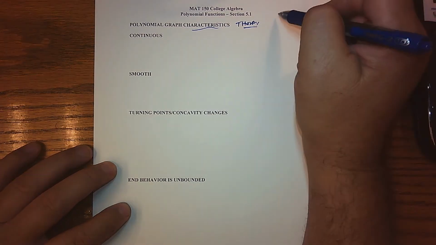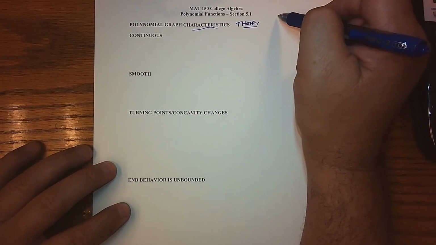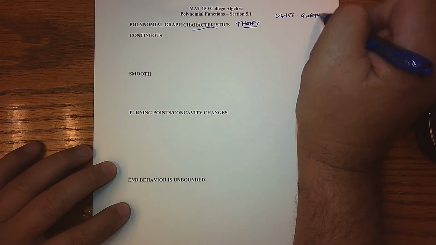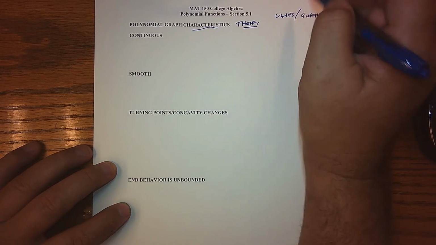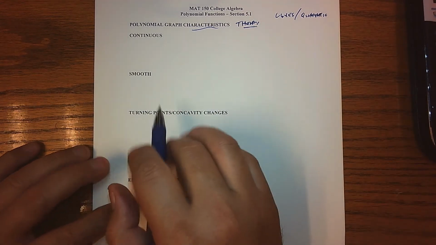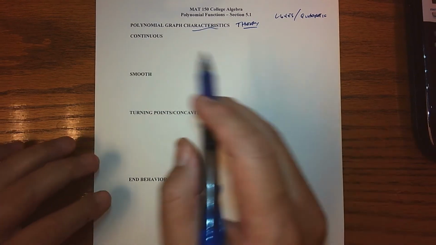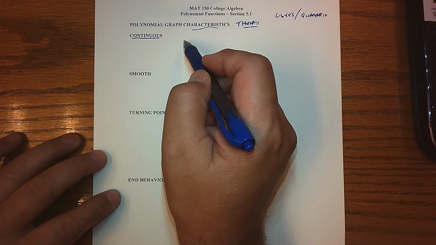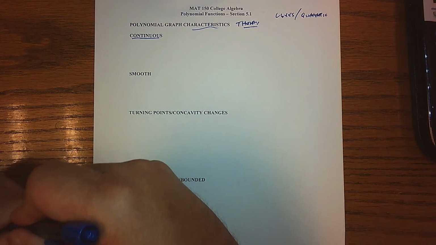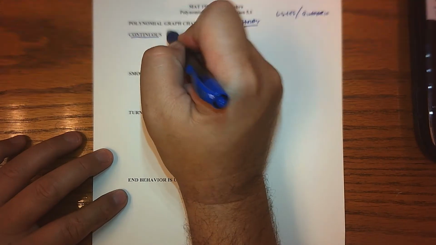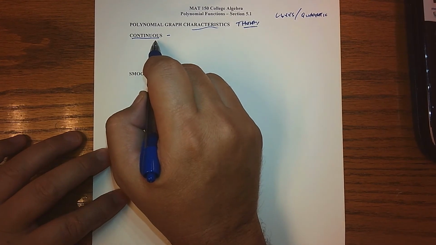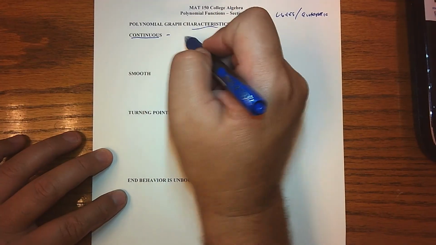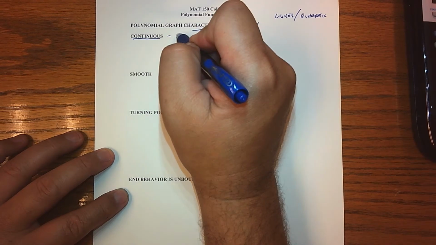And what I'm going to do is really rely heavily on what we know about lines and quadratics. Because if we can just remember what happens with lines and quadratics, we can get a really good feel for just about everything else. So one thing about a polynomial graph is it's what we call continuous. That's one nice feature about a polynomial graph. This has a very technical, calculus-oriented definition, but basically for our purposes right here, we can